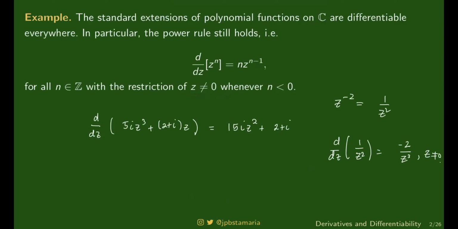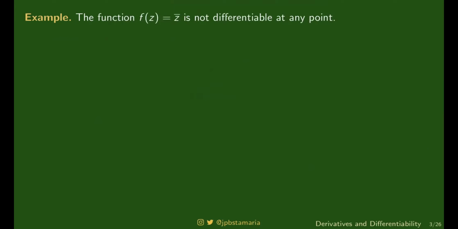Ayan, magbigay tayo ng example na hindi similar. Halimbawa ito, look at the function f of z equals z bar. As a function, anong ginagawa ng f of z equals z bar? The way I imagine this actually is as follows. Ito yung real axis. Ito yung nasa taas niya, kulayin ko ng dilaw. Ito yung nasa ilalim niya, kulayin ko ng blue.